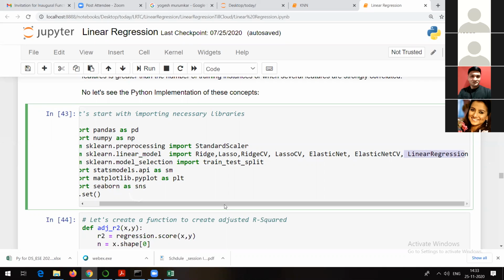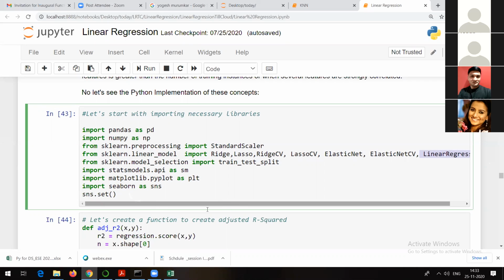As I told you, in scikit-learn or sklearn, almost all the algorithms are available. So here, as we are going to make use of the linear regression algorithm, I am just going to import this particular method. Whatever steps I showed you to draw that line of best fit and to predict the value of the output or target variable, you don't have to worry about all those things. The LinearRegression method is going to take care of that, and it is present in scikit-learn's linear_model.